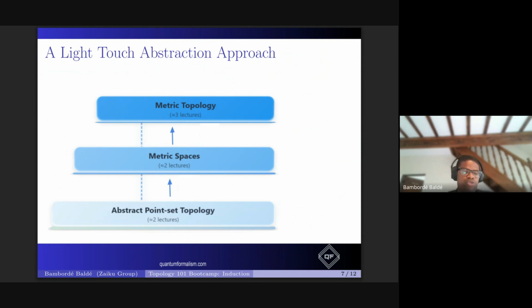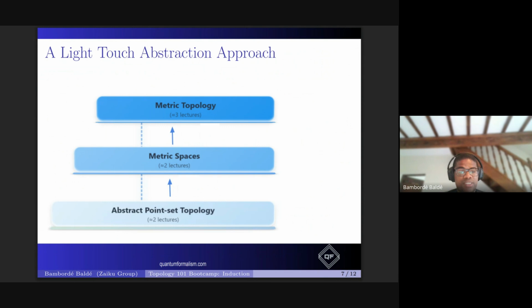We will not touch those spaces, but there are topological spaces where you cannot define the notion of metric, so they don't have distance on them. These are very useful in algebraic geometry. A good example is the Zariski topology, which was a revolution for algebraic geometry back in the 40s or 50s, something like that.